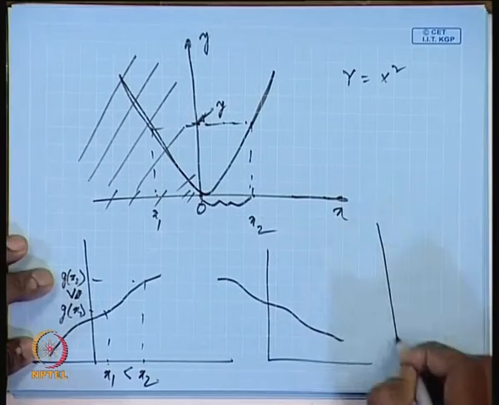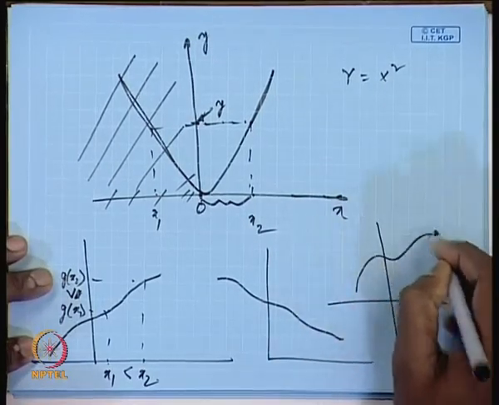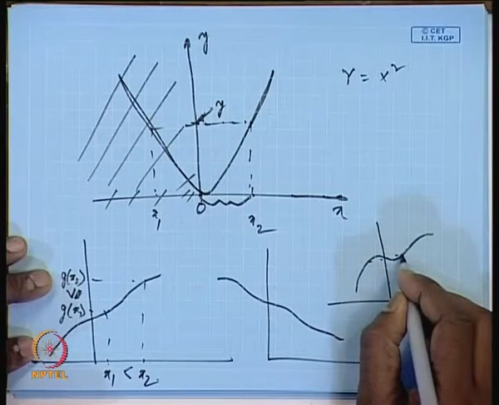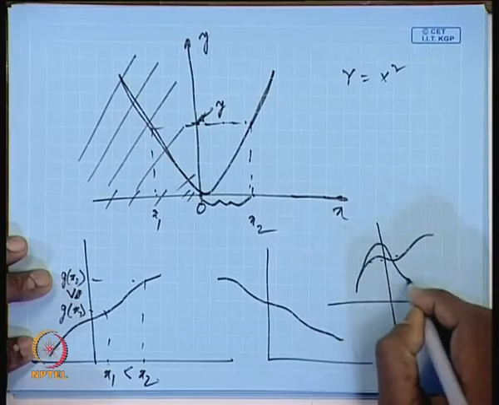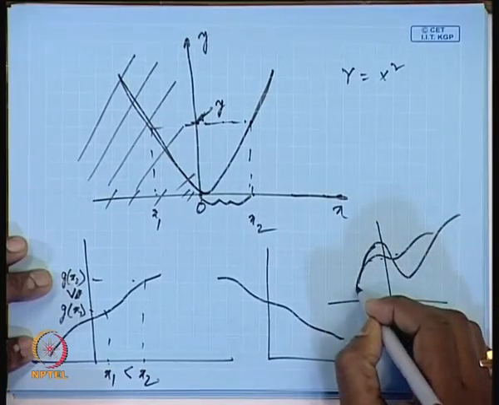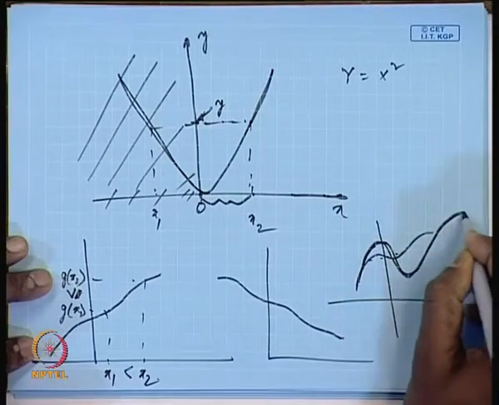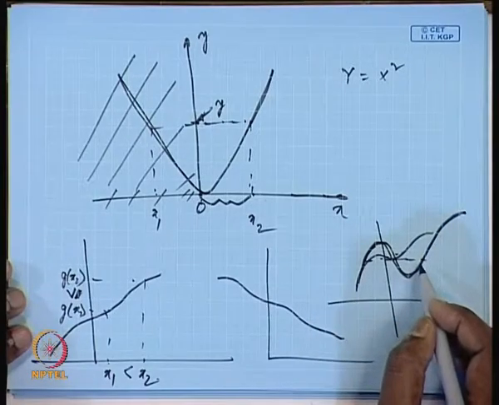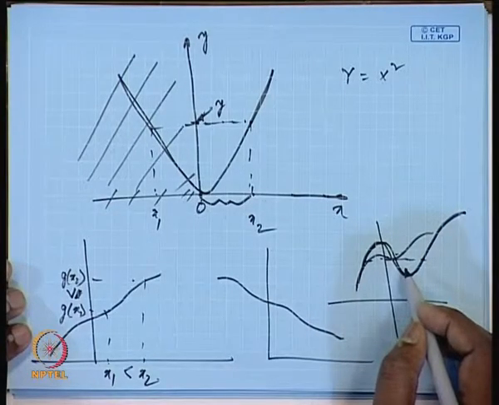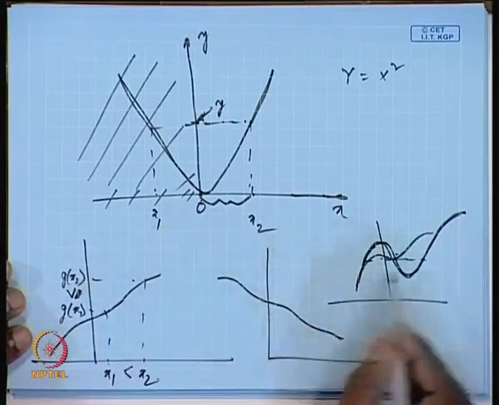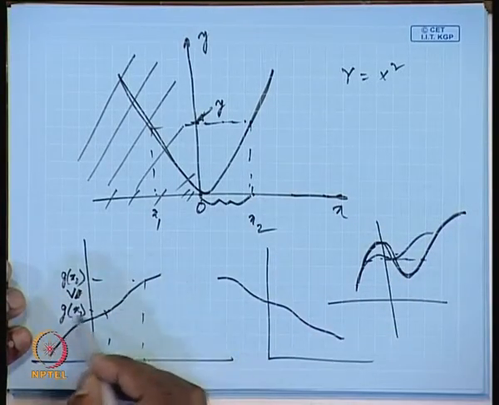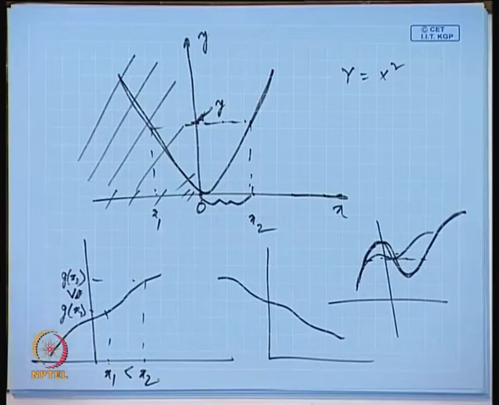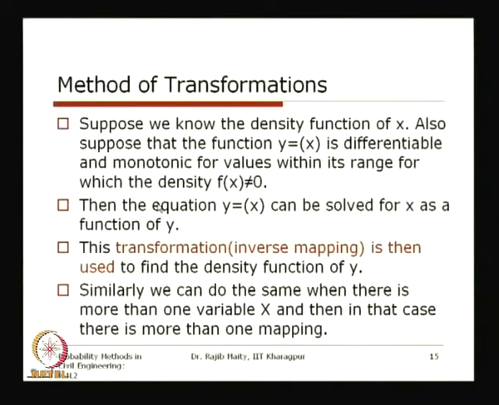Now recall that in the general discussion of this kind of equation, the possibility of having more than one root can happen only when the function can increase, then decrease, and then again increase. Only in this kind of situation is it possible to have more than one root. So this is what we discussed in the fundamental theorem. Here, if it is monotonic, there is always a one-to-one relationship from x to g(x). This is what is explained here.